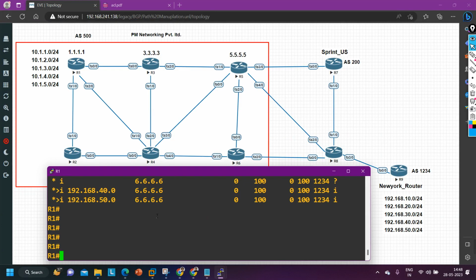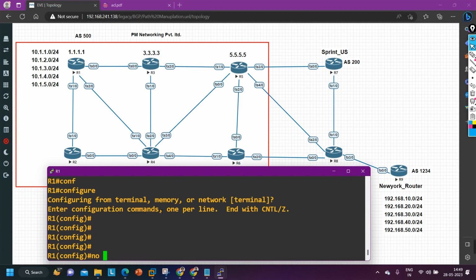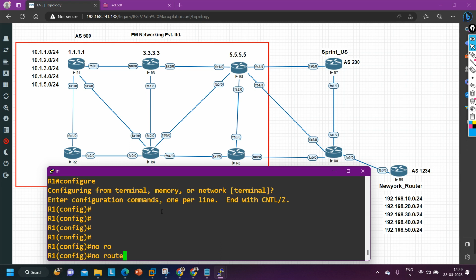So still there is some problem, but we can troubleshoot it, guys. These are very basic things, right? I am not going to waste time over here, going to remove this command. This is how you can perform path manipulation as well by using origin code. You have lots of options to perform path manipulation or load balancing. Very rarely do we use the origin code for path manipulation. Done. So no route map